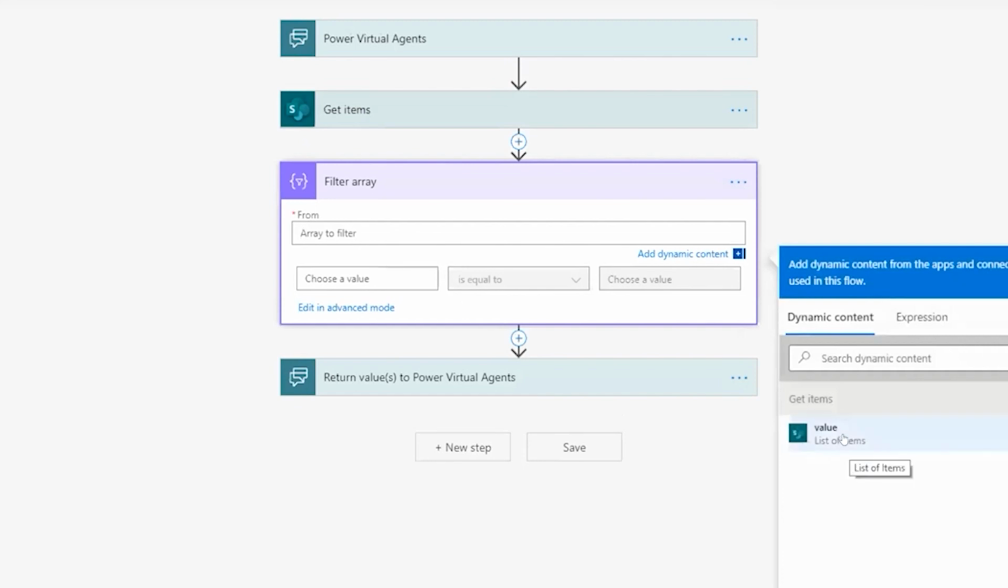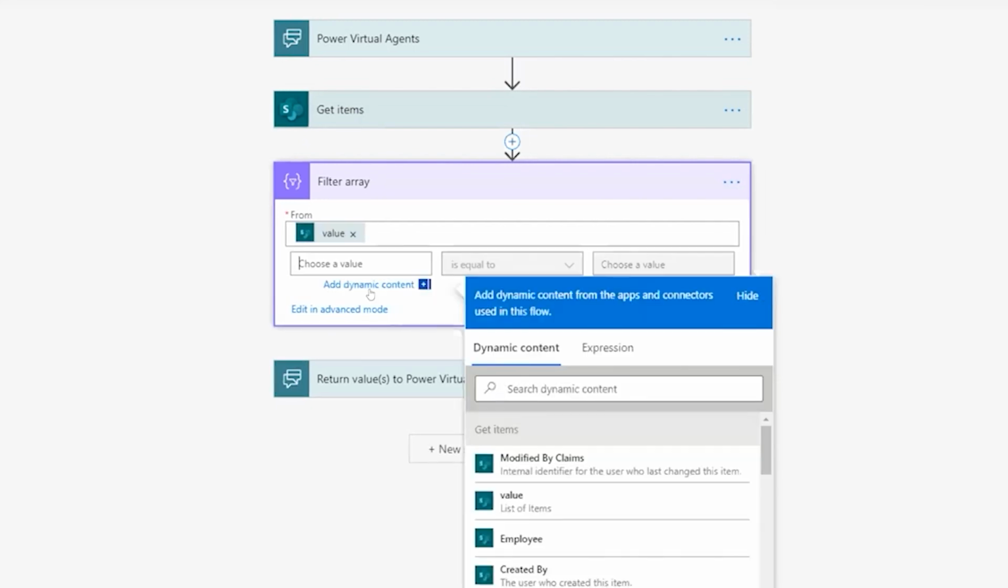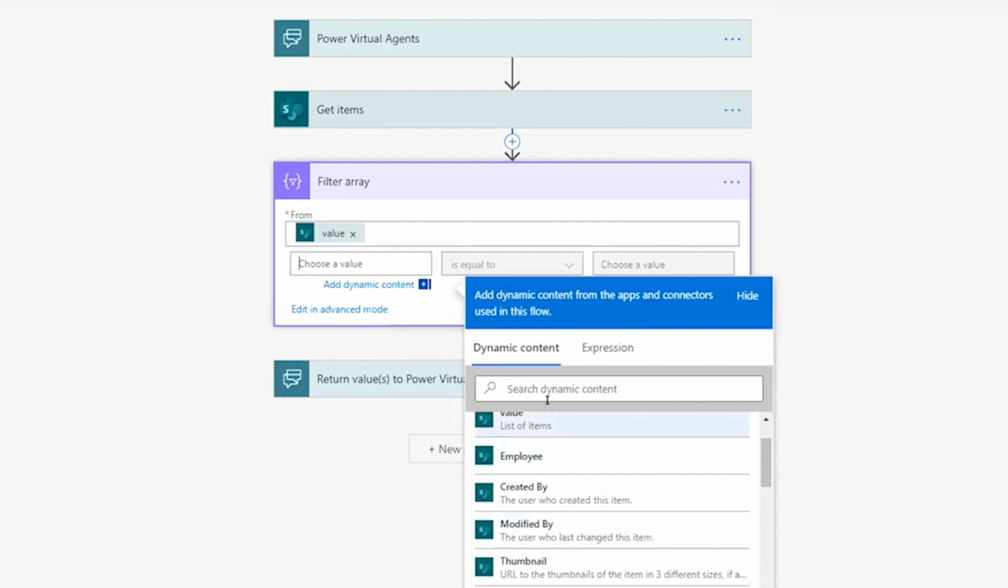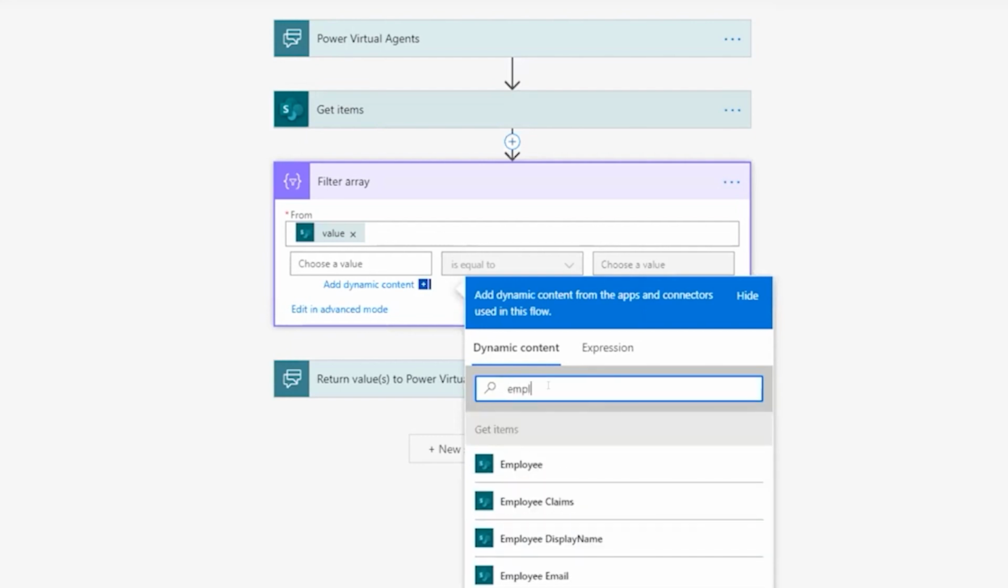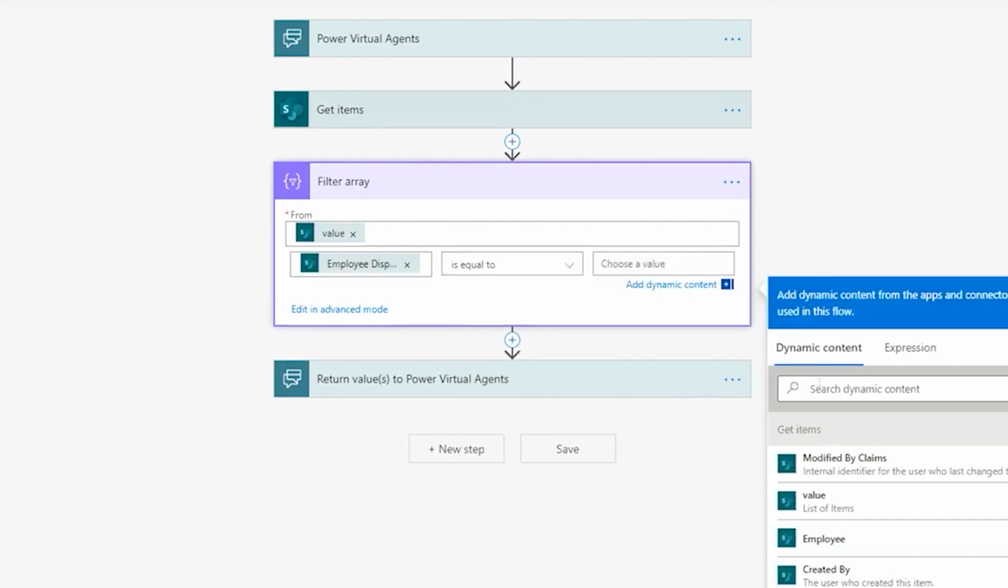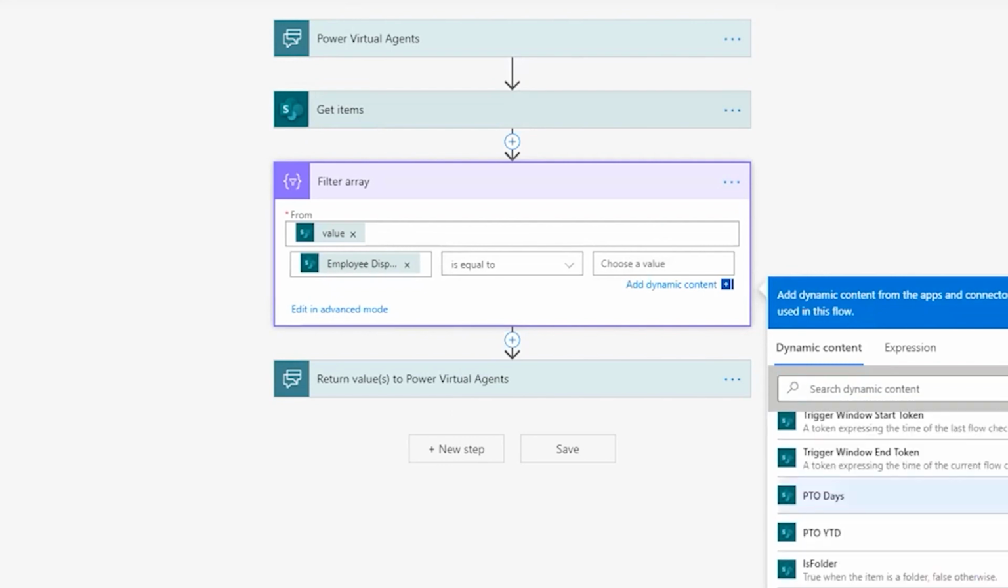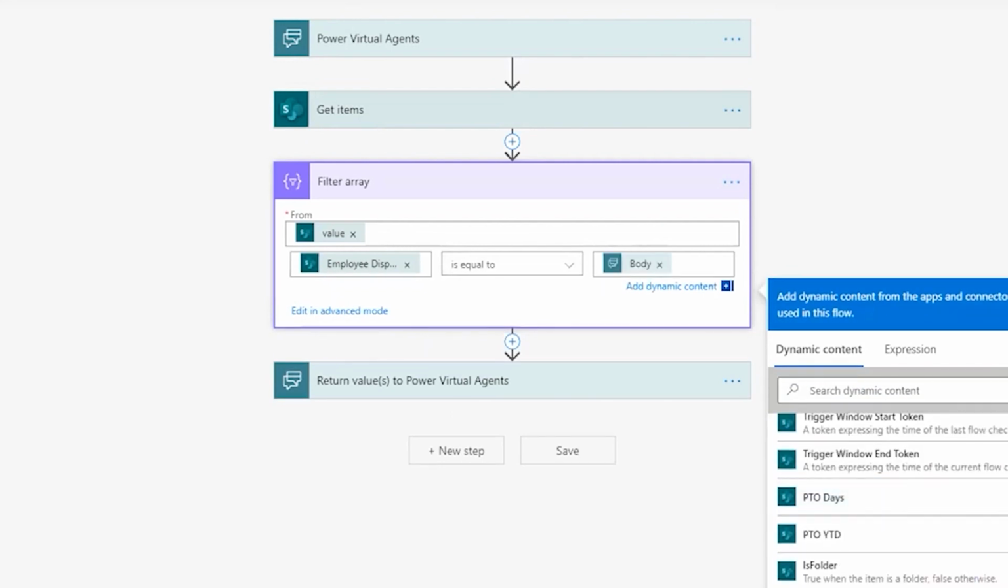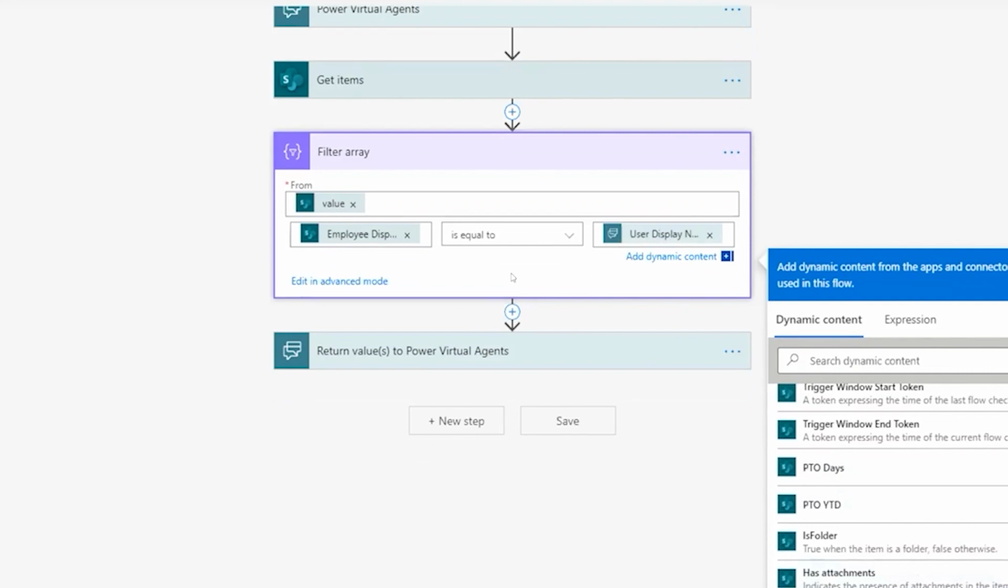So we're going to filter the array and we'll use the employee display name is equal to a variable that we got from here. I'm going to choose, not that one, user display name. Yeah. And then,